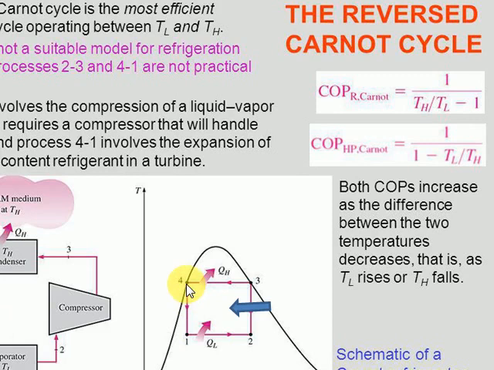And here it is a liquid refrigerant, and after coming out of the turbine, that is the expansion device, the phase is within the dome, so that's why at state 1 the phase is liquid plus vapor, and this liquid plus vapor is again heated, heat is added from the cold medium through the evaporator